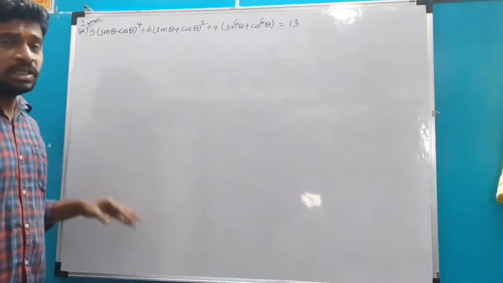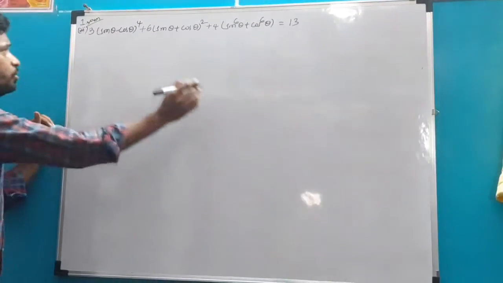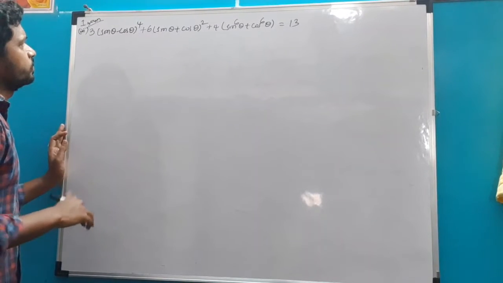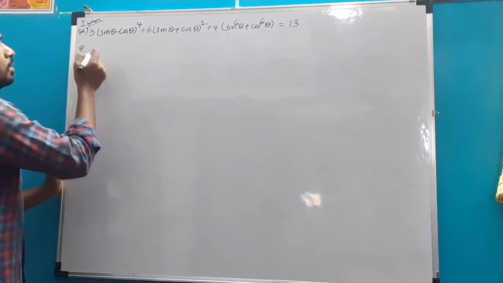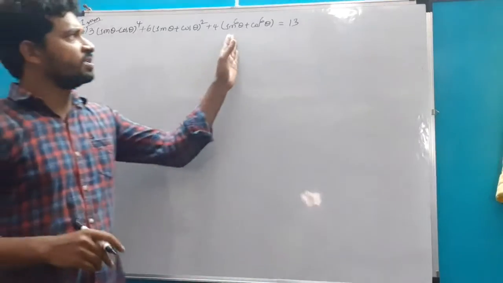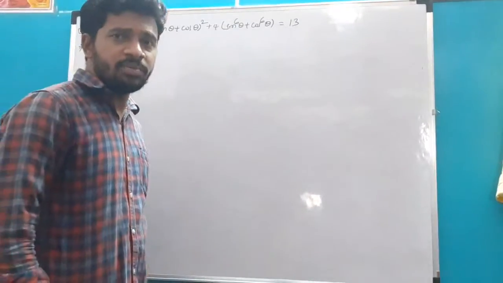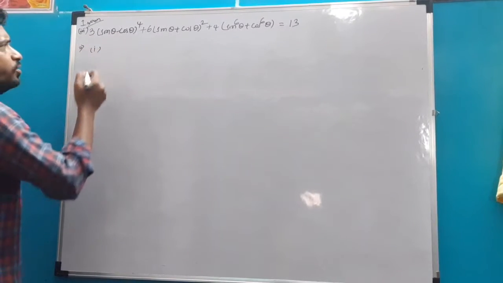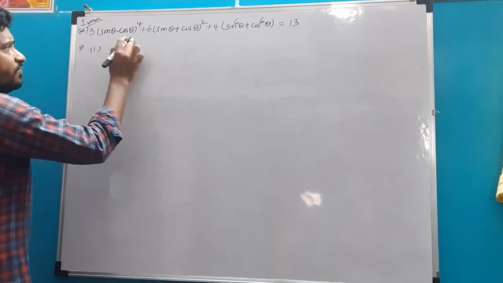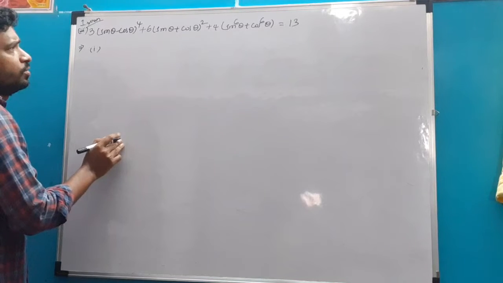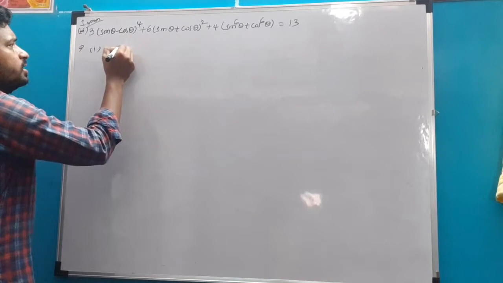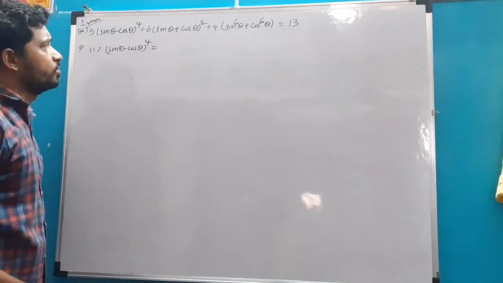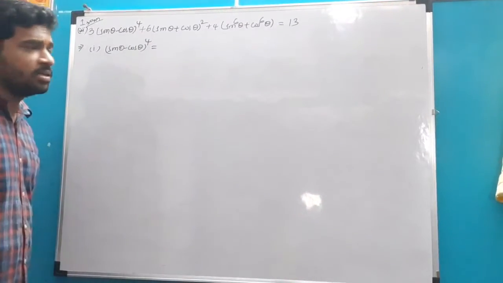So 3 into sin theta minus cos theta whole to the power of 4. First split this one, sin to the power of 6 theta plus cos to the power of 6 theta. So first convert that. We are doing it step by step. Here the first one is sin theta minus cos theta whole to the power of 4. So that is sin theta minus cos theta whole square whole square, and we know that it is a whole square only, right?